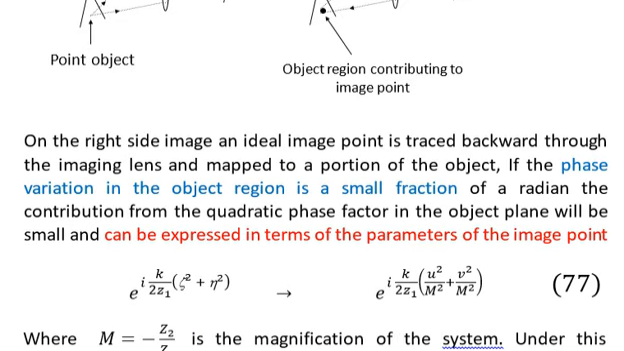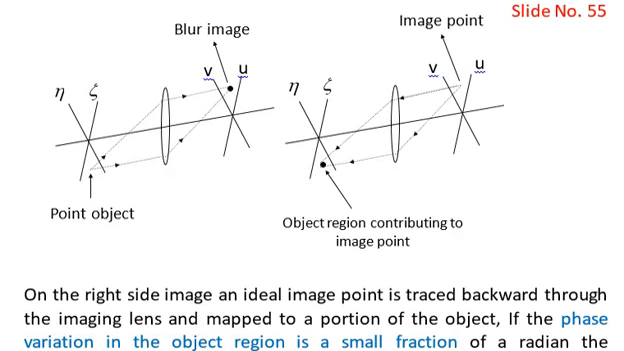On the right hand side image, an ideal image point is traced backward through the imaging lens and mapped to a portion of the object. If the phase variation in the object region is a small fraction of a radian, the contribution from the quadratic phase factor in the object plane will be small and can be expressed in terms of the parameters of the image point. So you see that the contribution of the phase variation in this small region is less than a